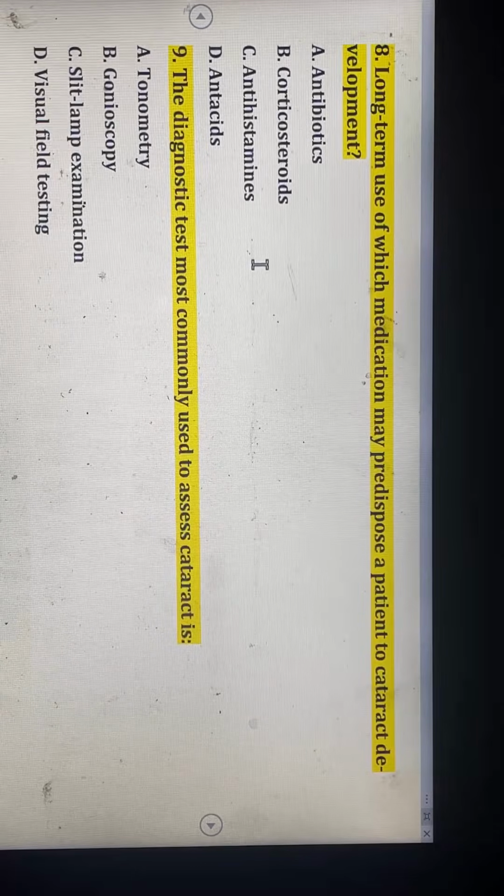Cataract can be defined as the opacification of the crystalline lens. All these things are knowledge you are gaining from this quiz. Don't forget it. Are we together? Yes, we are together. Now, number 9. Number 9. The diagnostic test